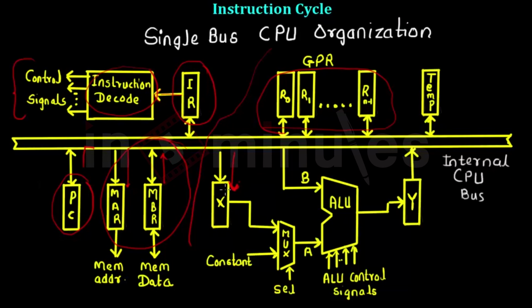that stores the operand for the ALU. Then there is another input to the ALU. Then the ALU result is stored in register Y to avoid combinational looping. The result is stored in Y. And finally, this again goes to the internal CPU bus, and it can be written to any memory location we want in the write back stage.